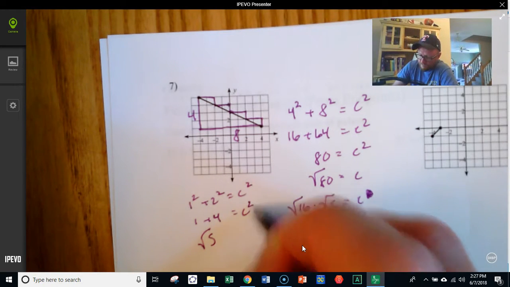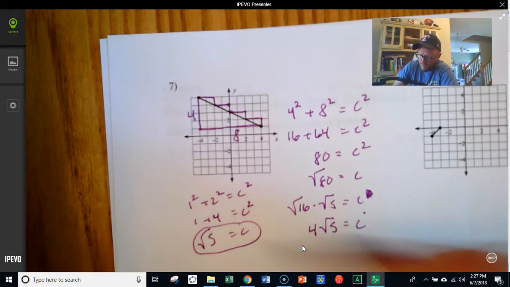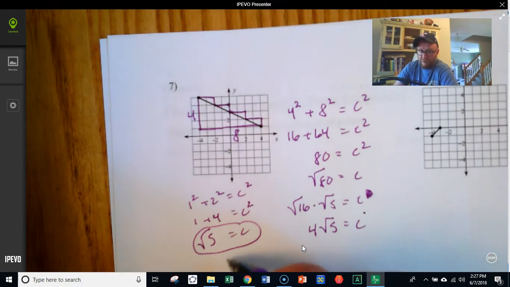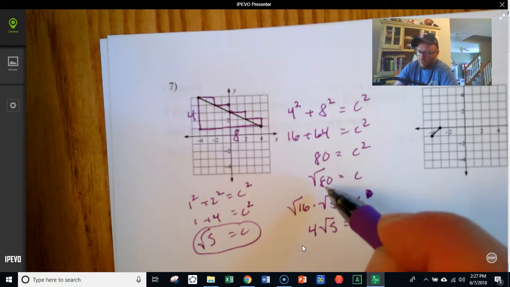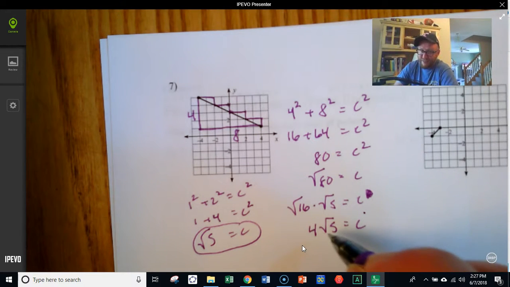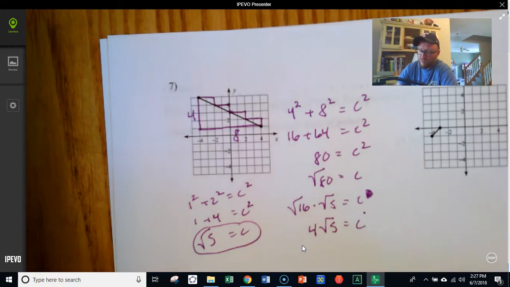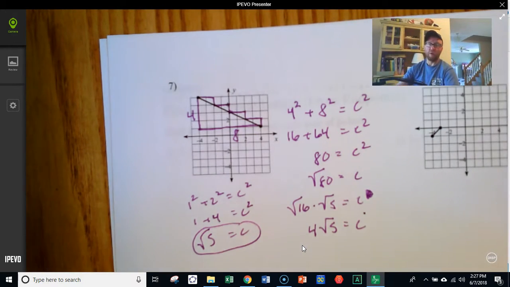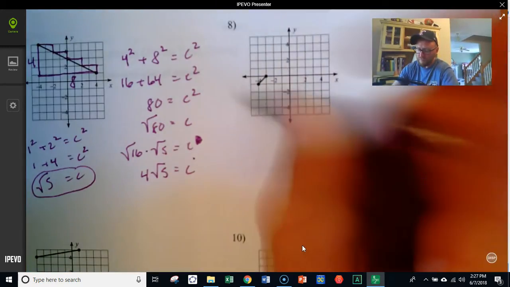Okay. So it's 4 of these small triangles, or square root of 80 is just the hypotenuse of the large triangle. This is the better answer, so if you can simplify it, you should. We'll work on doing that in another video. Okay, here,